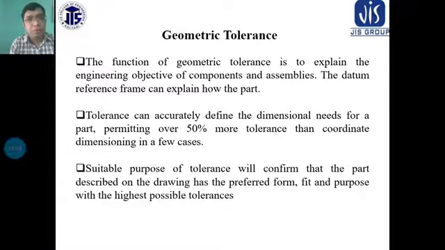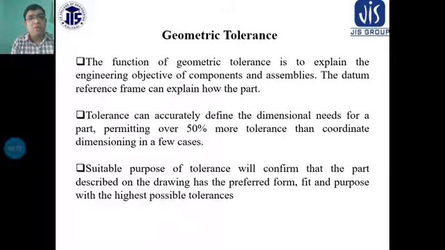During the assembly of these objects, the components must be given some tolerance, otherwise they cannot be assembled properly. The datum reference frame can explain how the parts and tolerance can accurately define